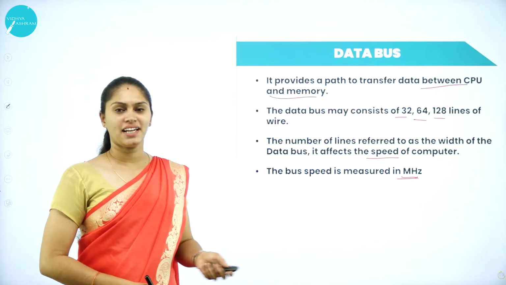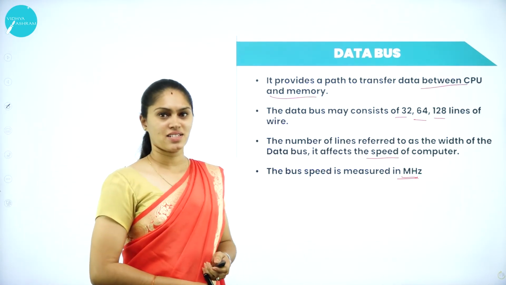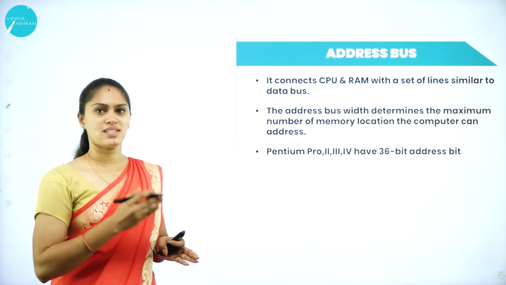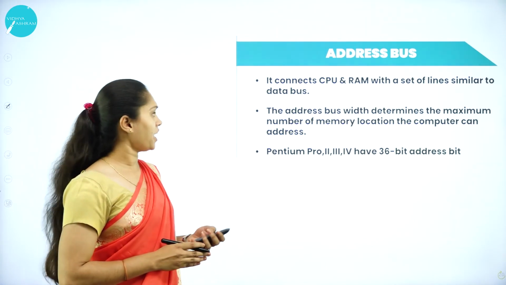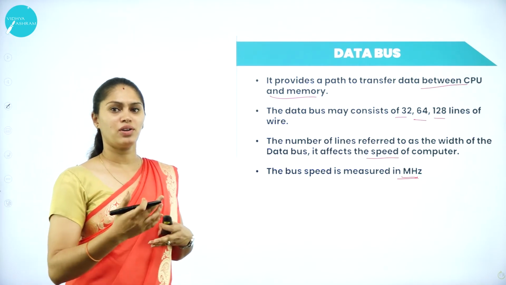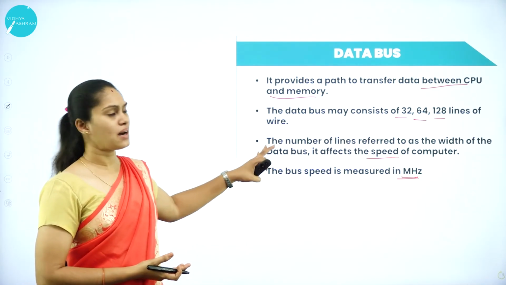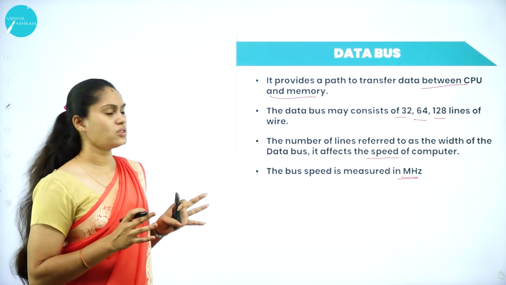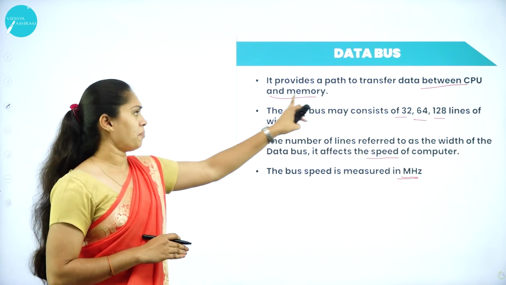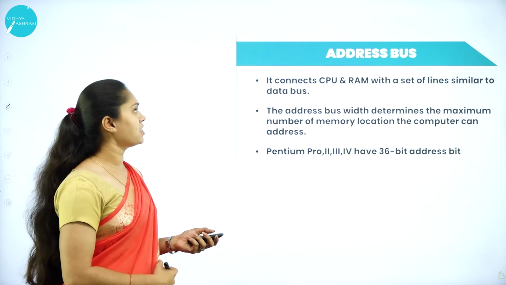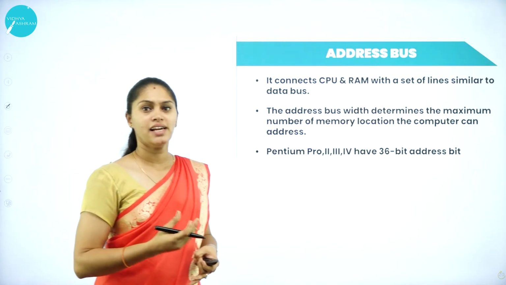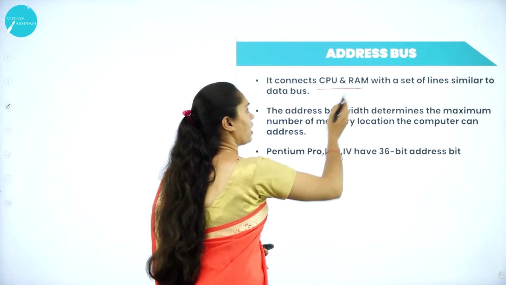After this data bus, now we'll see what we mean by address bus. While considering the data bus, address bus and control bus, you have to be very conscious of how each interfaces between two devices. For example, the data bus provides a pathway that helps to transfer the data between the CPU and memory. The address bus provides a communication pathway, or acts as an interface, between the CPU and RAM.